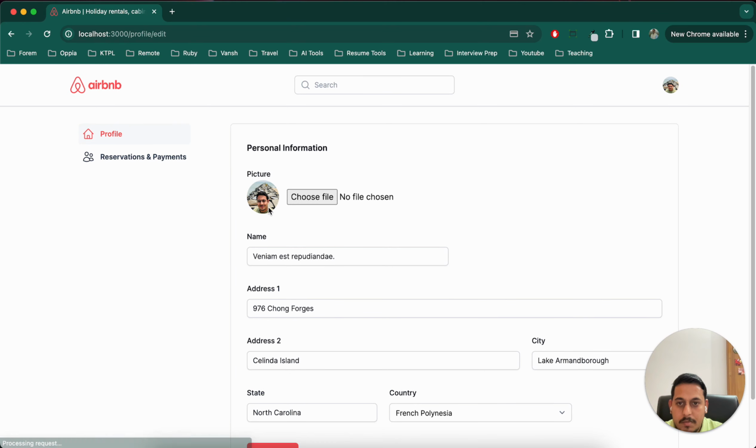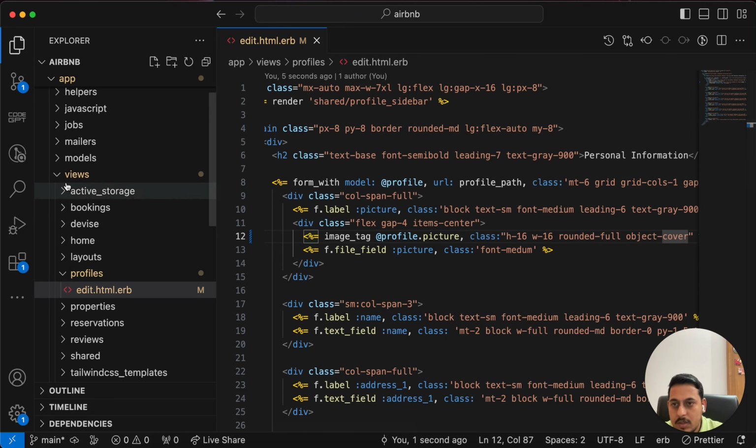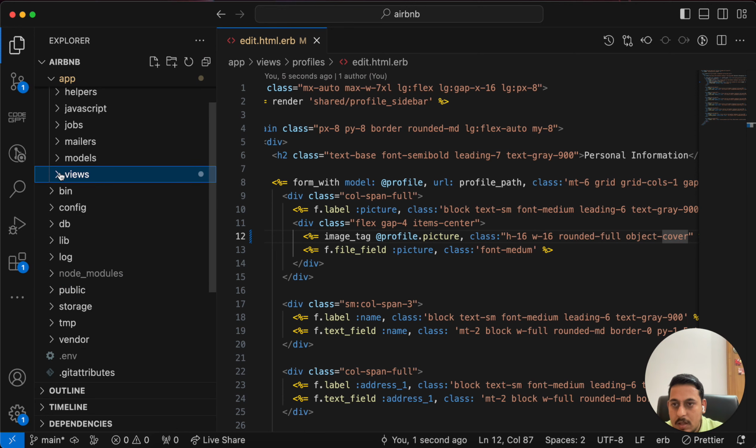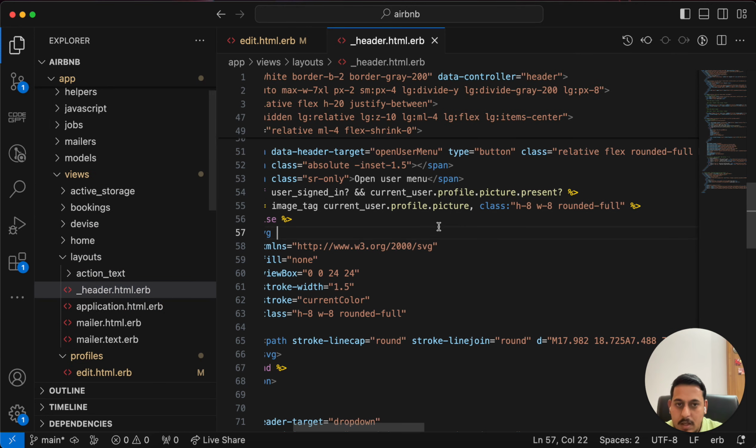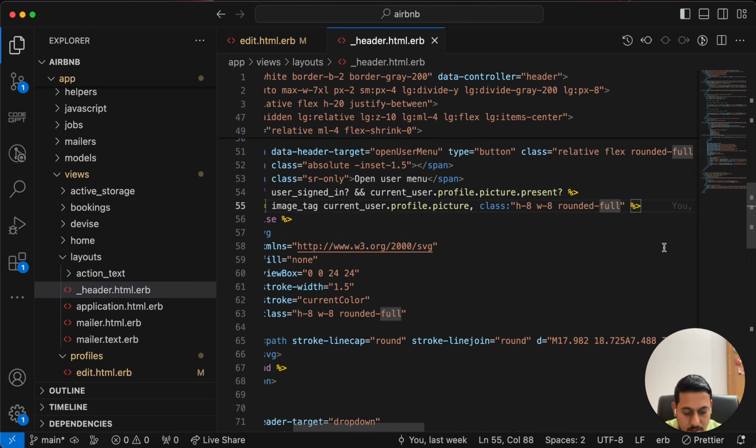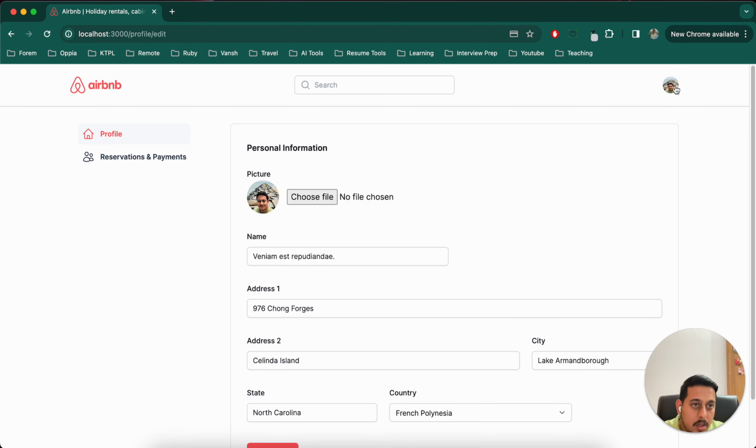and this looks better. Same for this, I'll do this header, view layouts, header, in that image tag, and add class object cover, and this also looks a bit better. So now